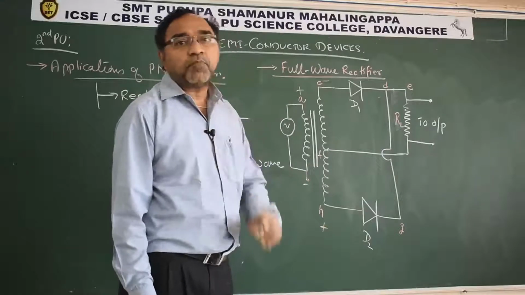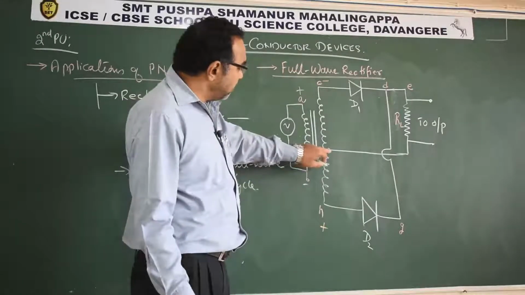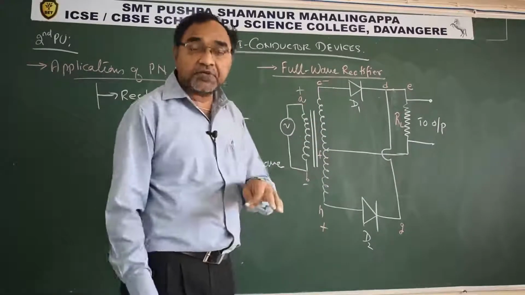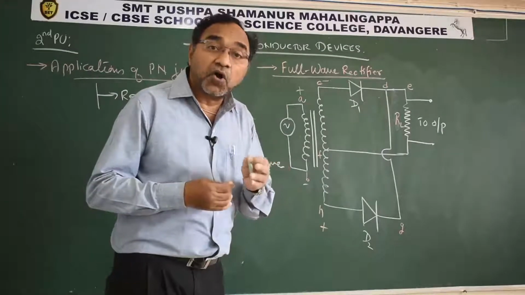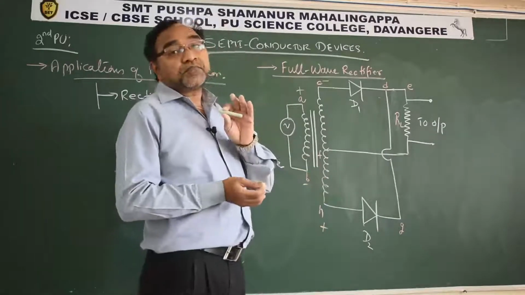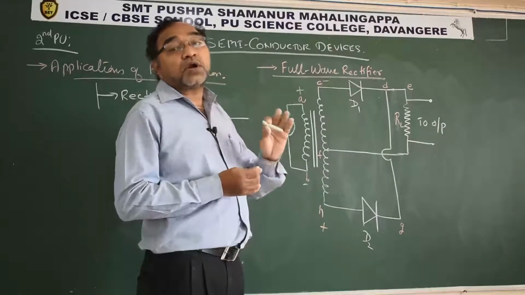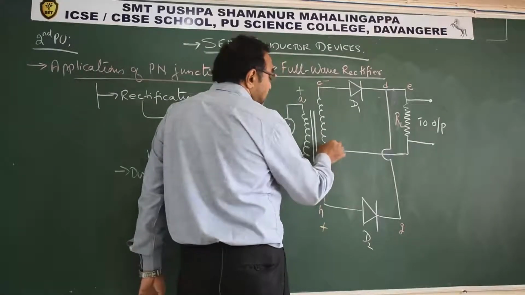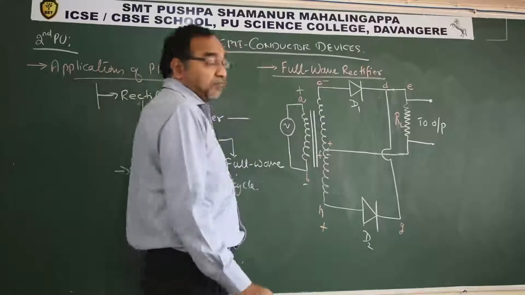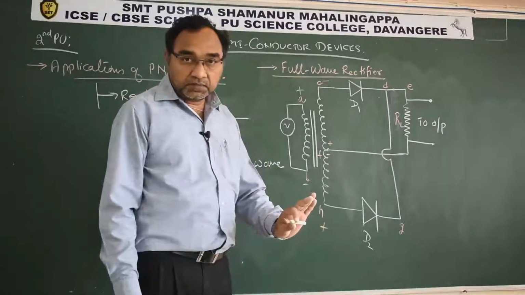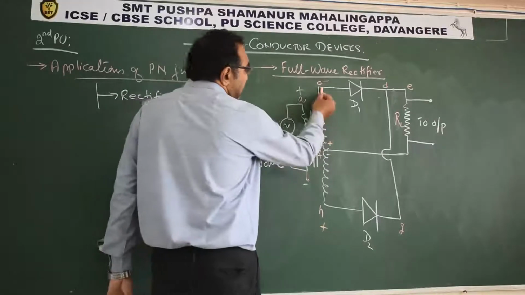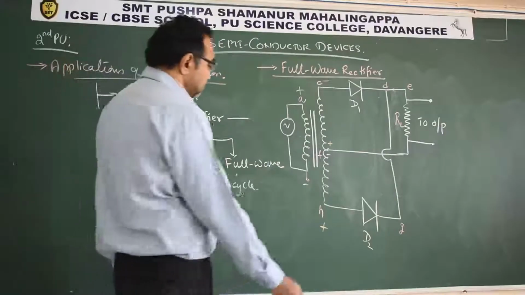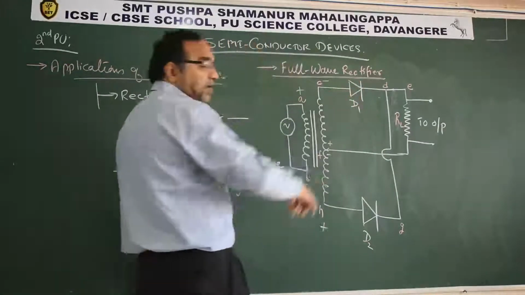Center tapping is a neutral point, correct? But since we have done center tapping, the entire number of turns in the secondary will be divided into two parts. That will make two circuits, one for D1 and one for D2. So since it is neutral, by default I can say this part is positive, this part is negative. Now check. C is negative, so D1 is reverse biased. So D1 will not conduct. D2, this is plus, so D2 will conduct.